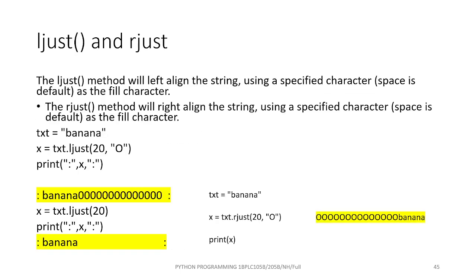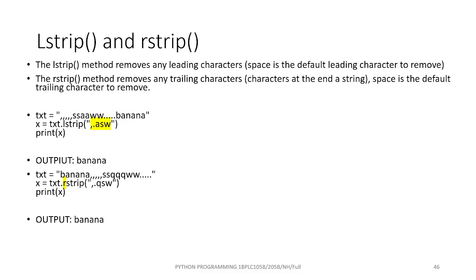This is for justification, ljust or rjust. Less than symbol or greater than symbol can be used. In the previous slide we saw center. Here, out of 20 characters, you display what you put, then the remaining can be filled with 0. If nothing is mentioned, space will be filled. As in the first example, banana will be stored and represented in 20 column format from the left side, banana, then the remaining are filled with zeros, the filler. If the filler is not there, blank is used as a filler. Similarly,